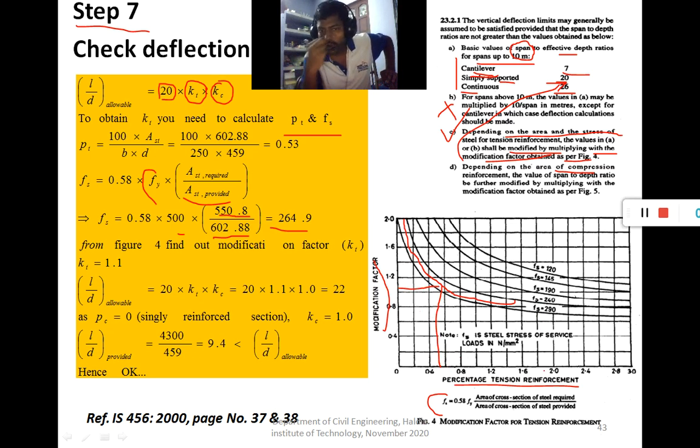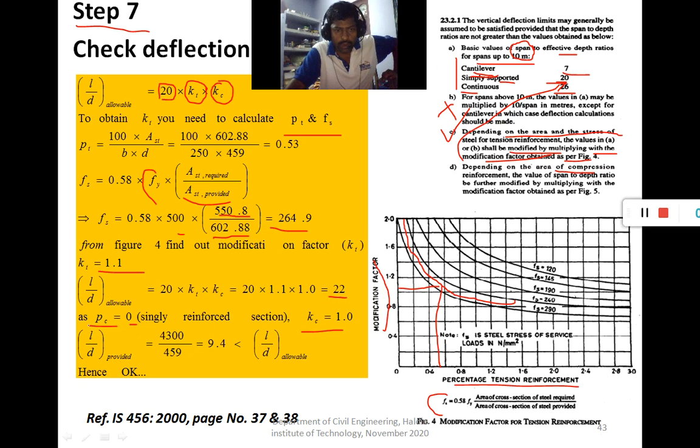You see that it is approximately 1.1. As this is a singly reinforced section, the percentage of compressive reinforcement is 0, so the Kc value is 1. So the L by D allowable is 20 into Kt into Kc, which is equal to 22.